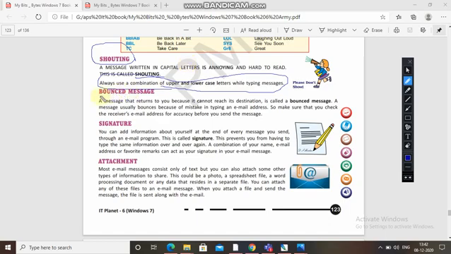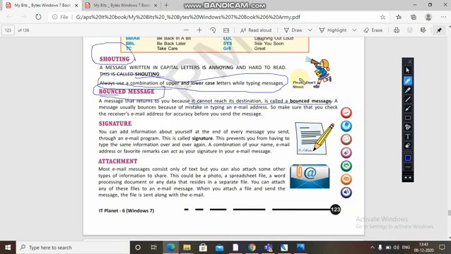Now next one is bounced message. What is a bounced message? A message that returns to you because it cannot reach its destination is called a bounced message. Like money transactions you have seen, when you don't have money in your account, it returns back to you.